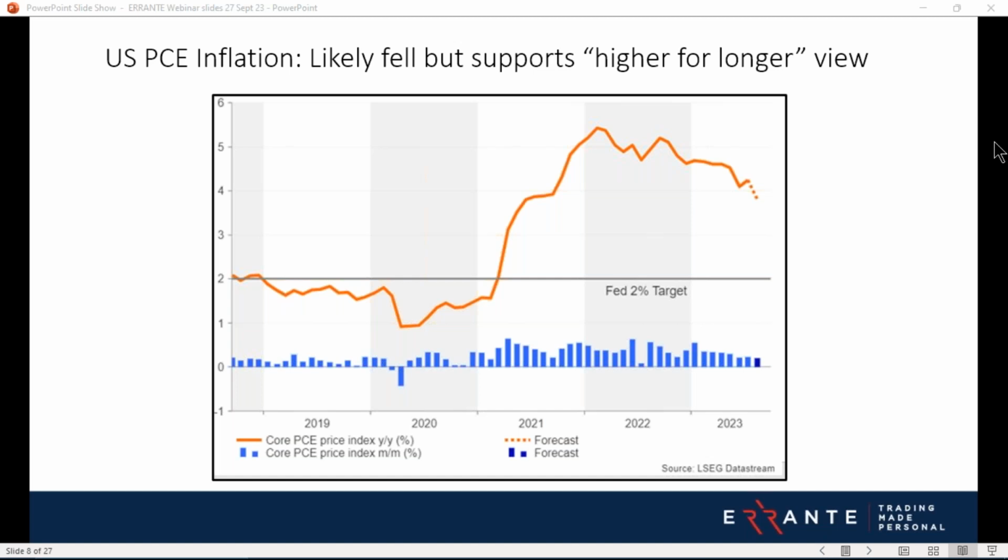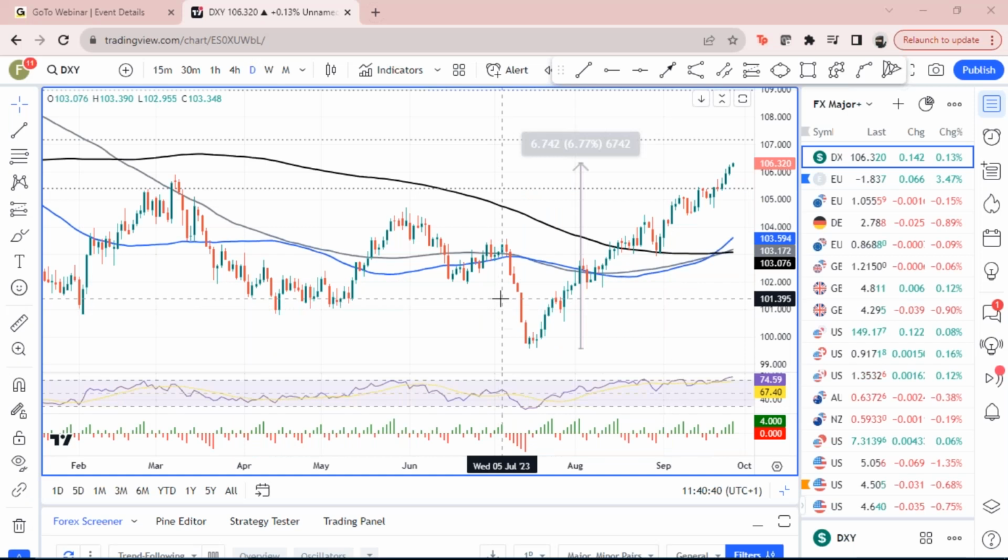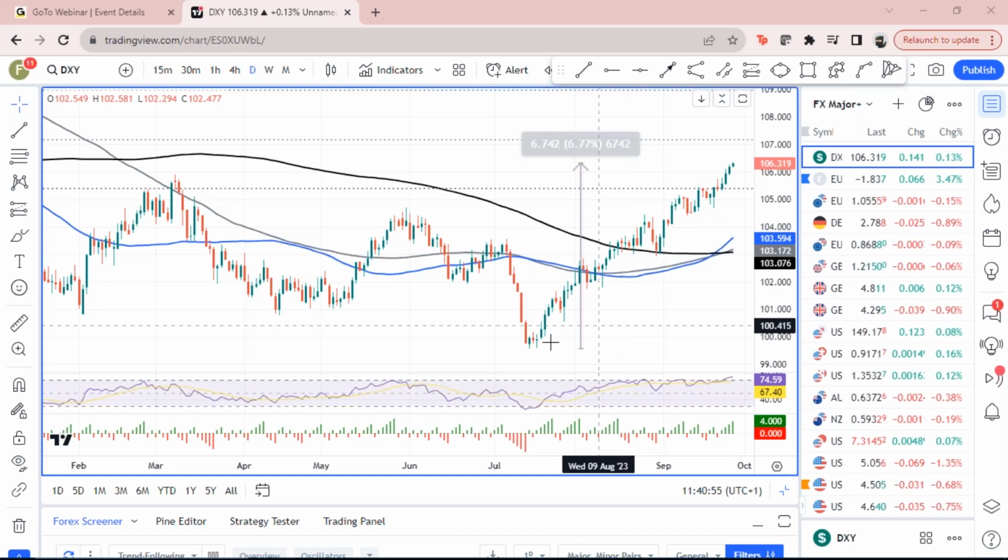the DXY chart. This is obviously the dollar against 6 of its major trading partners, with the euro having by far the biggest weighting, about 56, 57% or so in this weighting. So just remember that. 6.7% now is the rise from those July lows. And if we just go to the weekly,